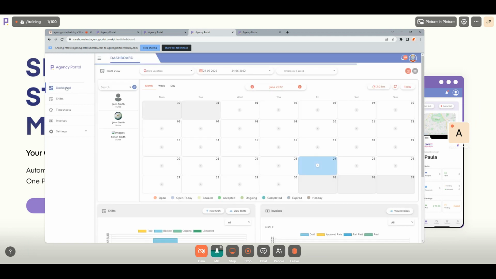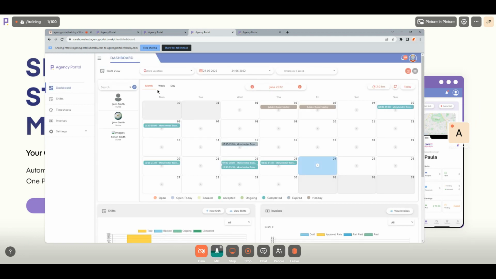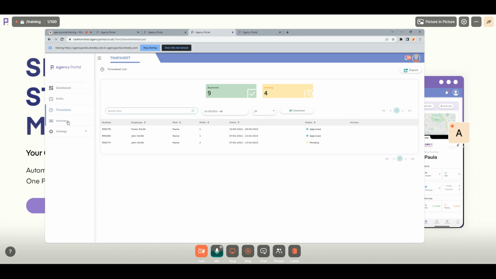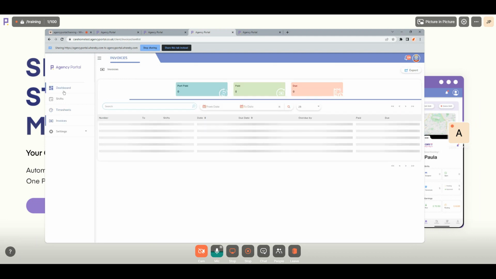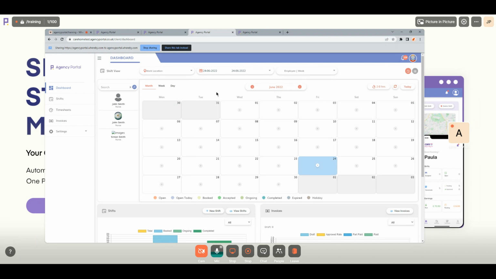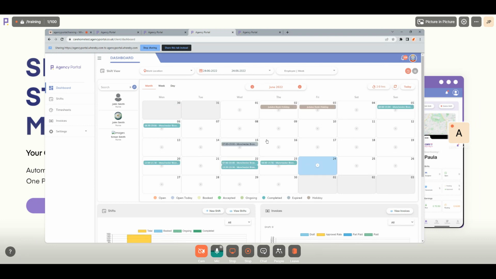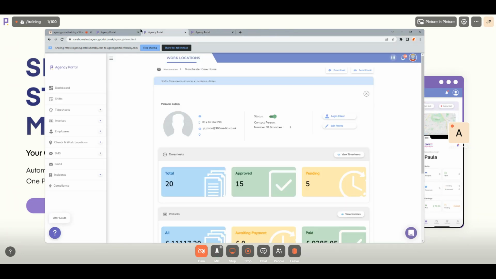So that's all your clients have access to on Agency Portal. They can create shifts, view and approve timesheets, and view and download invoices. Nothing else. They do not have access to your employees' information. They can only see the employees that can take shifts at their branch, such as John Smith and Simon Smith in this case. But they cannot click on them to view any information. So that's it when it comes to your clients